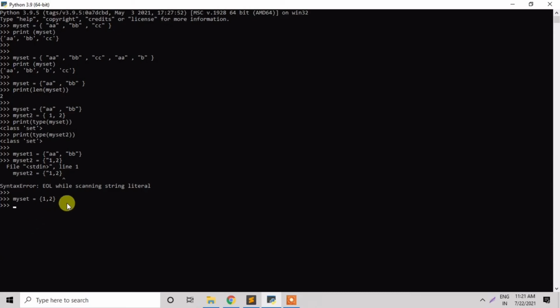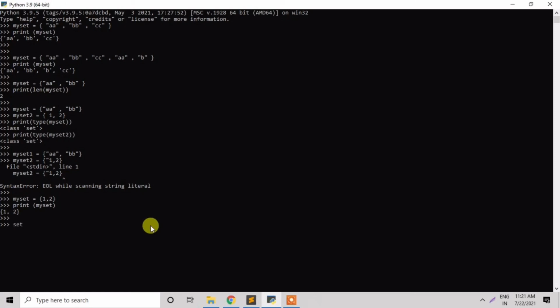We will use a print function to know the data types. The answer is 1 and 2.